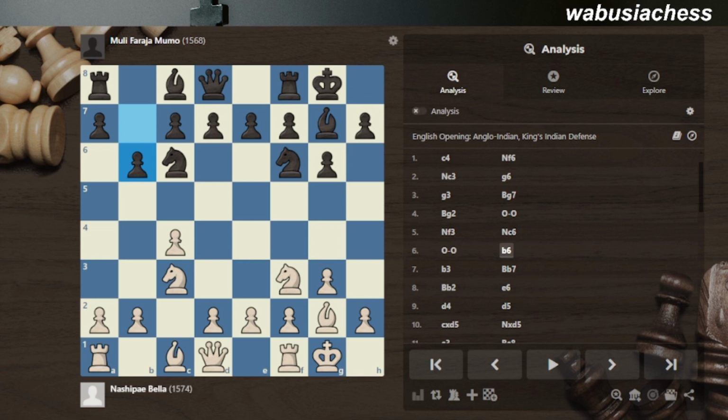Pawn push to b6. This pawn push was not the best move in this position. The best move would be to play e5, challenging the center, but instead black went for pushing the pawn to b6, preparing to flank the bishop